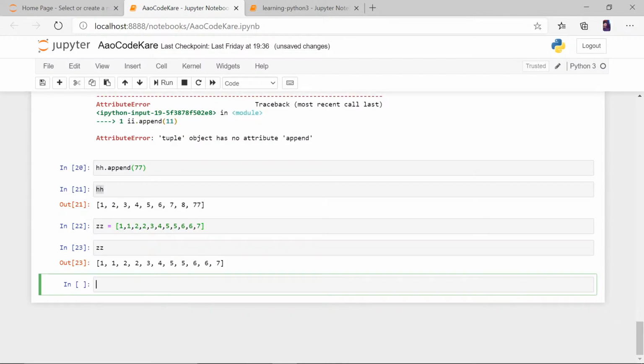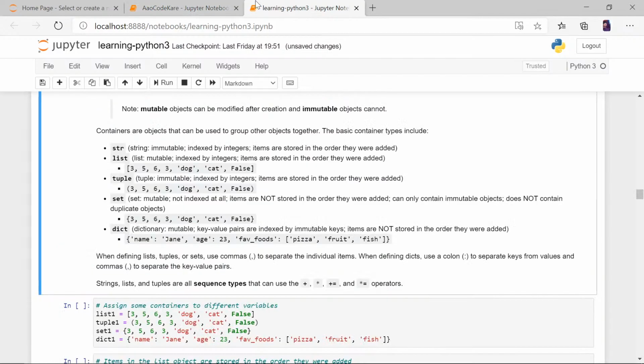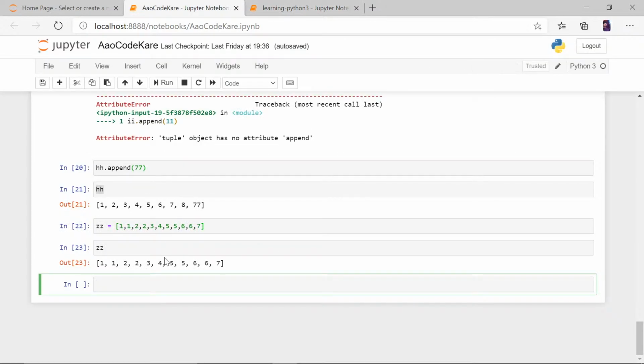Now let's make z a set. If z was a set, you can see how we are defining these things, right? This was a square bracket, this was a round bracket, and these are called curly brackets. So let's try something with these brackets.